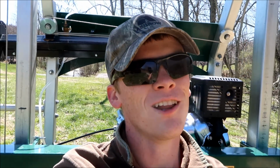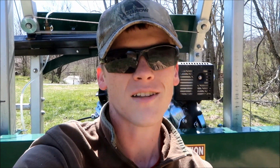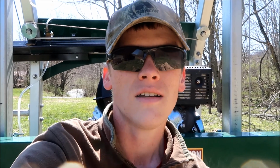Okay, so after running the mill here for a little while over the course of a couple days, as far as I can tell, it seems like everything is working fine. There's no lasting damage or anything to the mill after the little incident there. Although I would say that that could be something that Woodland Mills could improve on in future designs or models of their saws, and that would be to add in some sort of an anchor so that